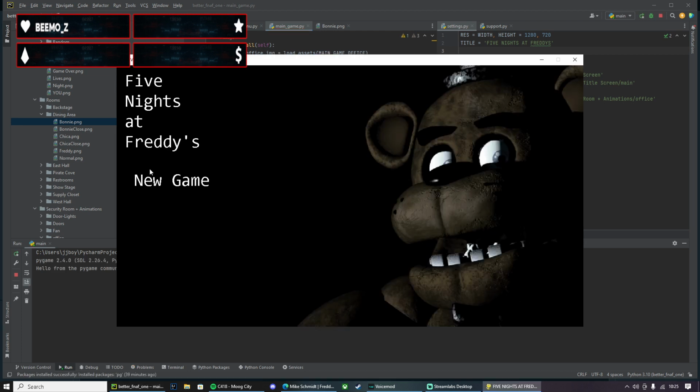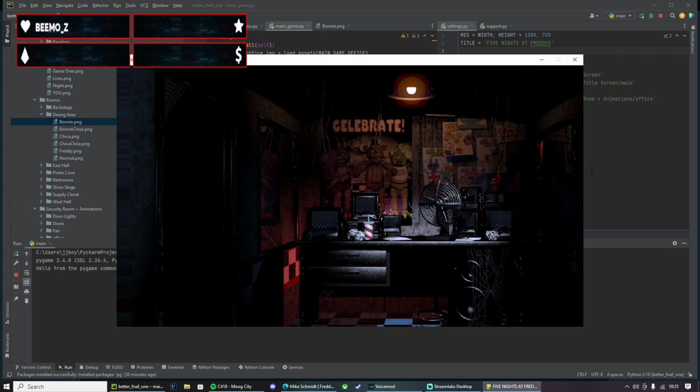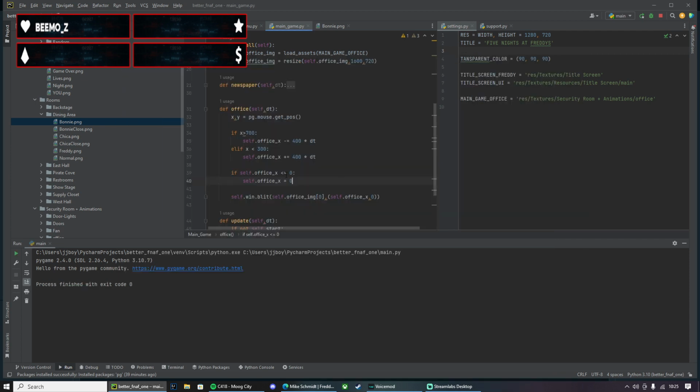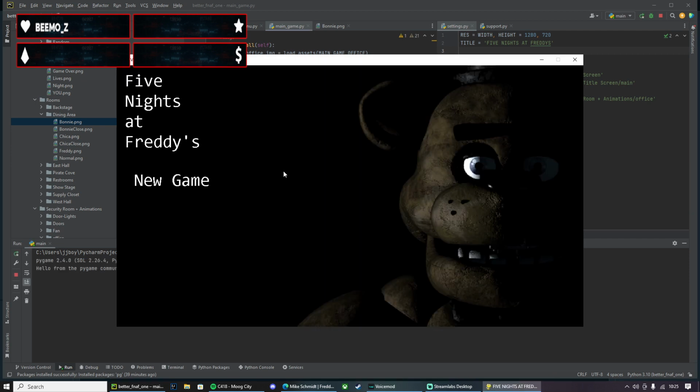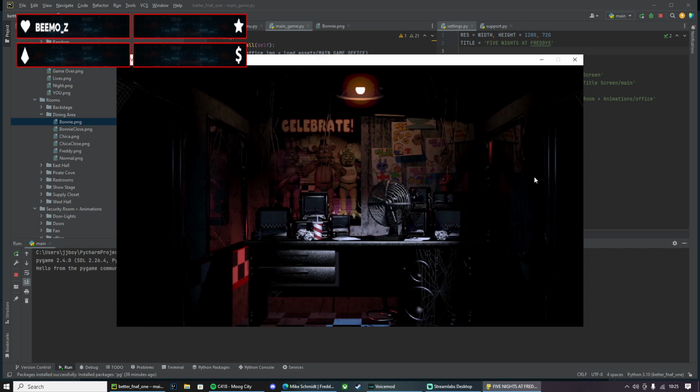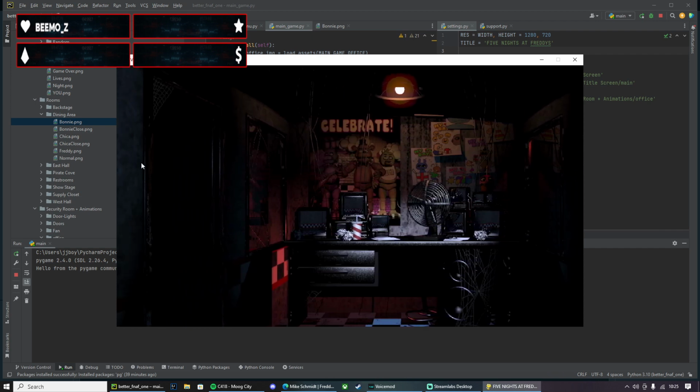So then, if we try and move this way, it does greater than. Yep, there we go. So we can move that way, and it will just stop when we hit it there. Even though I'm trying to move this way, boom, it just stops there.